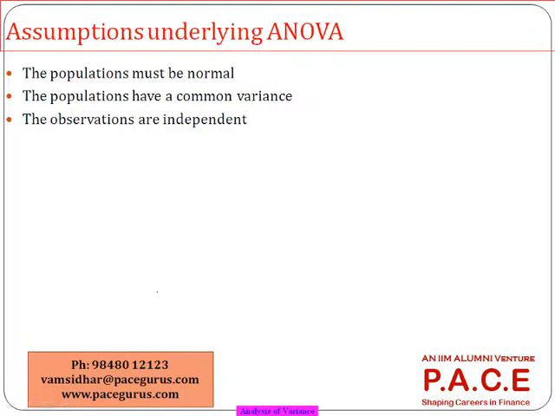So at least the independence between the runs scored is clearly observed. But what needs to be understood is that the population should also come from a normal distribution, and they should have a common variance. And once these assumptions